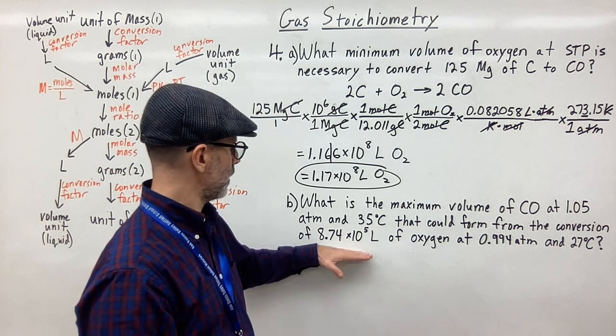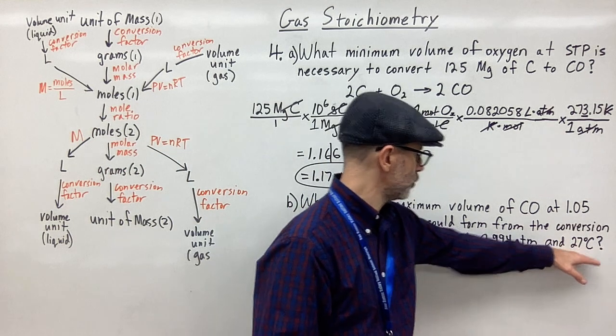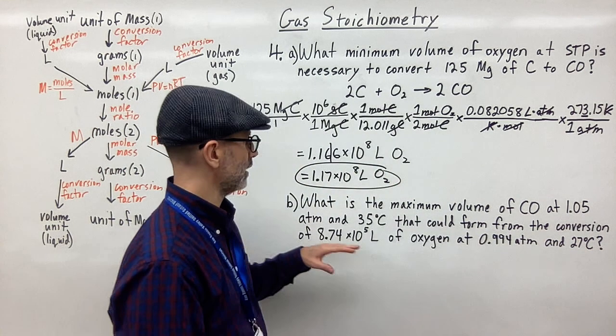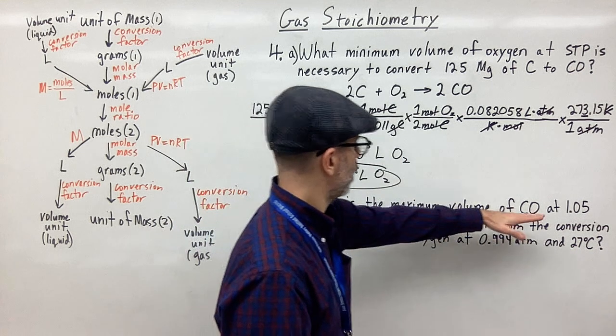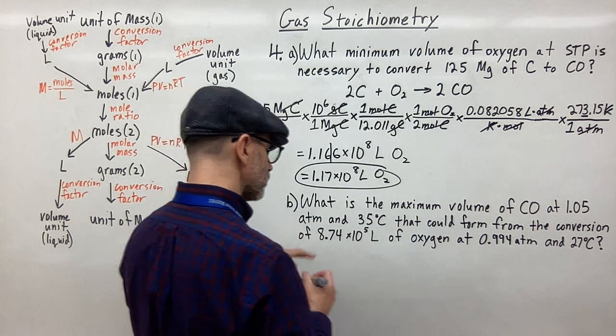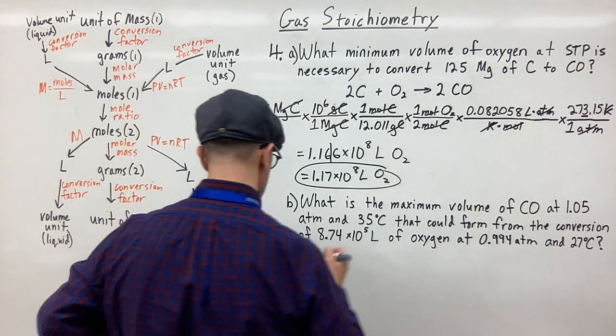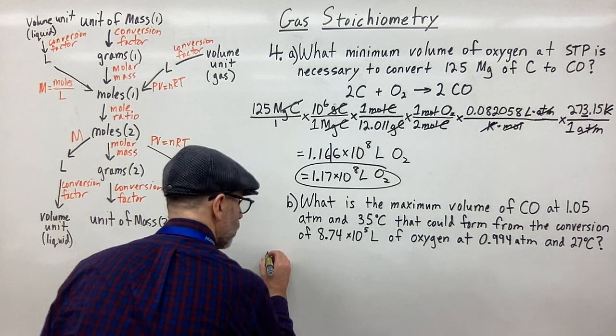So we're given this many liters of oxygen at this pressure and temperature, and we're going to have to find the maximum volume of CO at this pressure and temperature. So again, we're going to start with the amount of oxygen we're given. And so here we're going to have